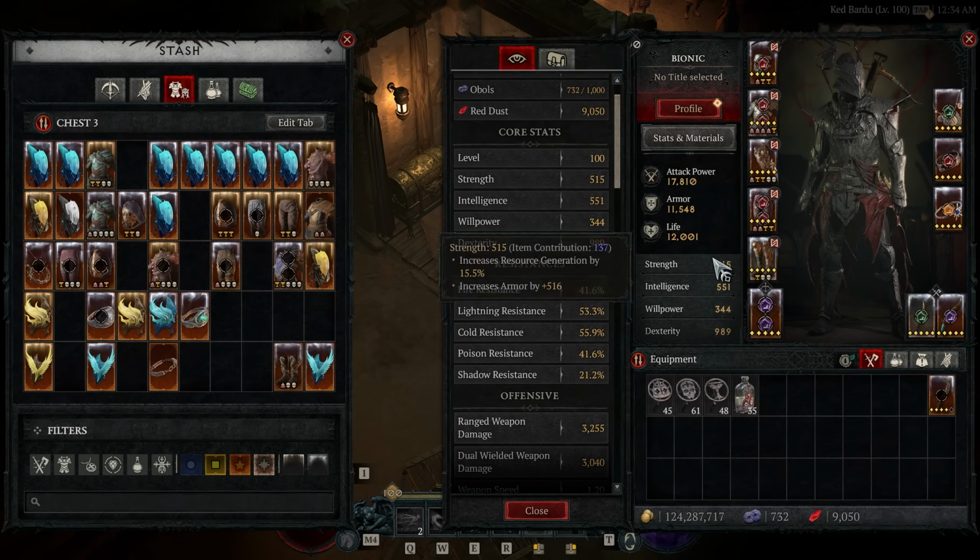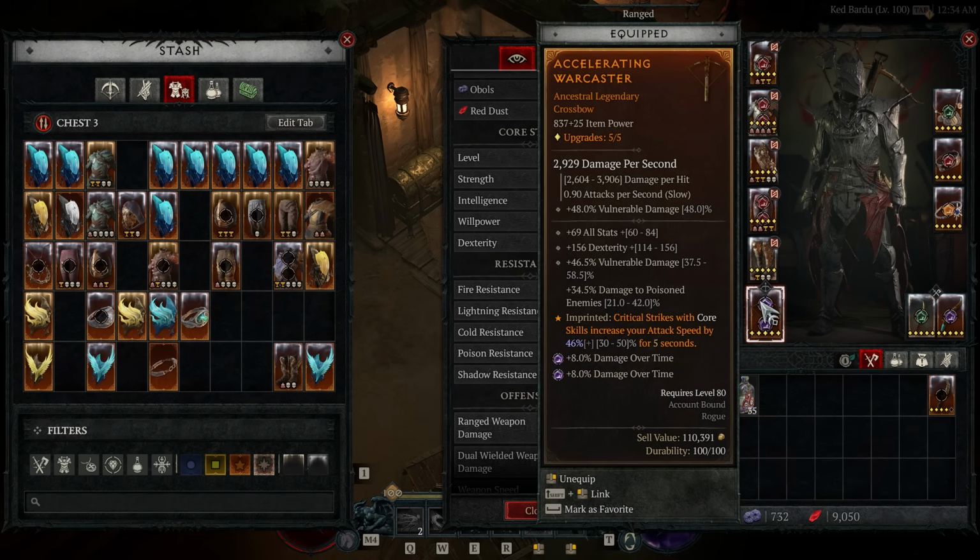especially because we're going to be trying to push very high with our intelligence and strength for our Paragon points, but not as high as we previously did in Season 1, so I'll cover that in a separate video. Then we have vulnerable and poison damage, which is fine. It could be vulnerable, and core would be even maybe a little bit better,